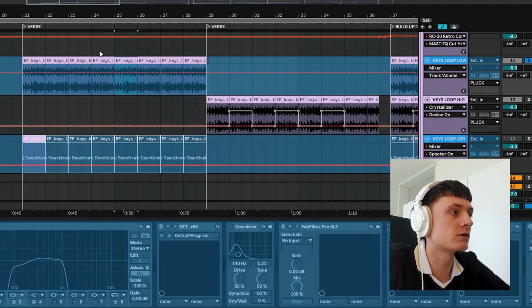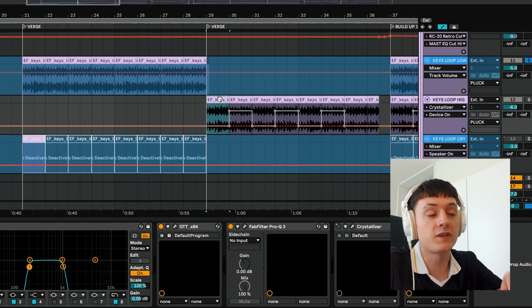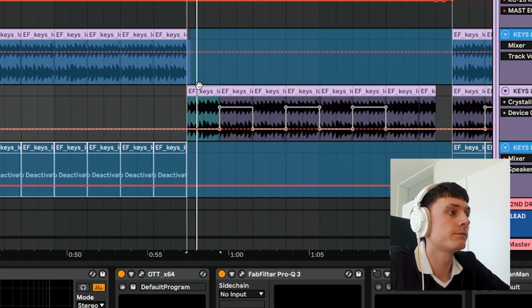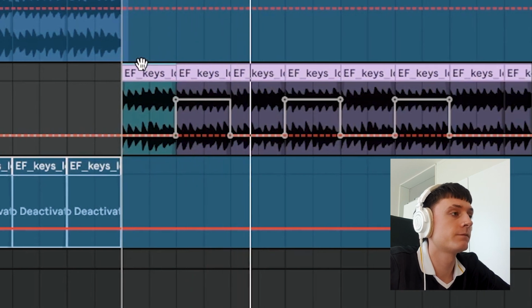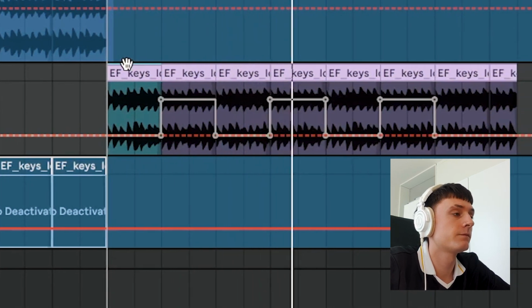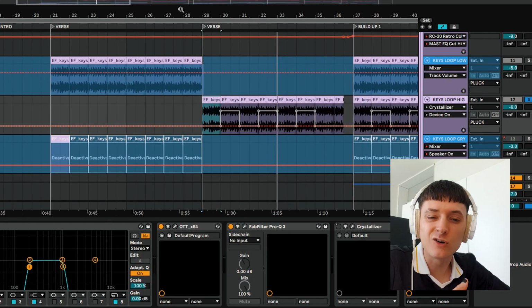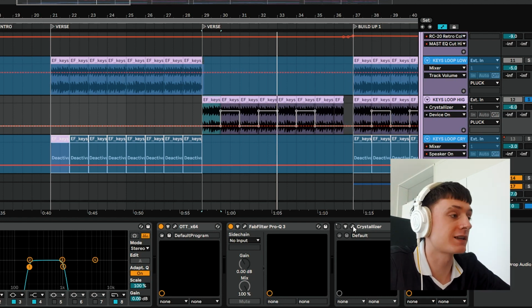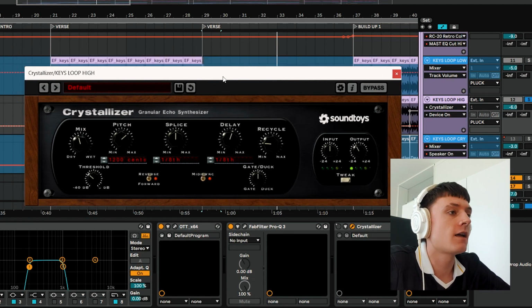Now, I've got this lower octave here. One of the first things I always do to create some variation is go up the octave. I did that here. Which is cool, but it's not all that, I want to add some extra spice. So in comes Crystallizer. Crystallizer is again a granular echo synthesizer, and the knobs kind of speak for itself, so